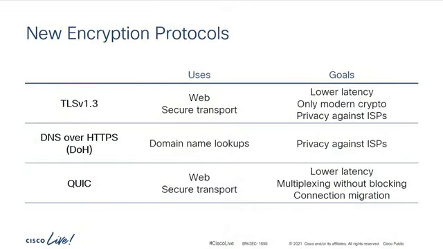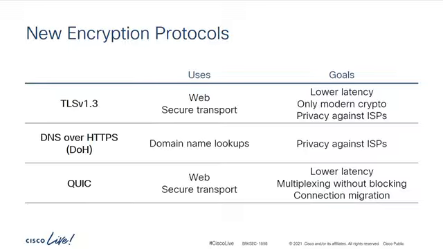So the new encryption protocols that are really interesting are TLS version 1.3 and DNS over HTTPS, which is called DoH for short, and then also QUIC, which is a recent IETF standard that is based on the previous Google QUIC protocol. So TLS 1.3 is used for secure web communication, and it's also used for machine-to-machine communication, secure